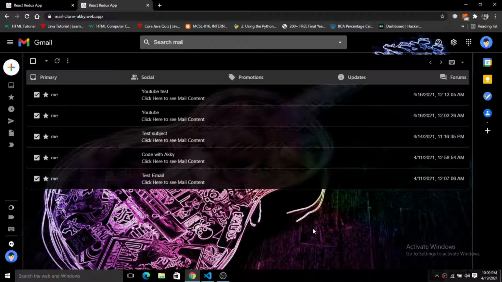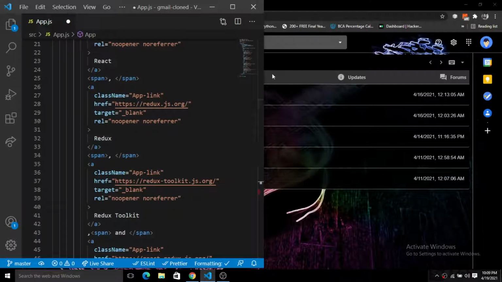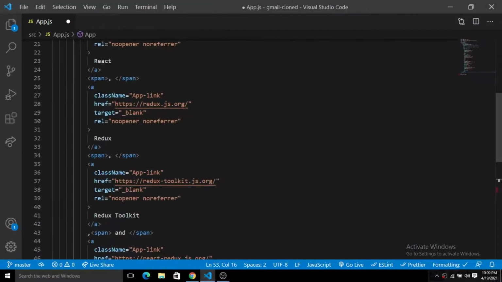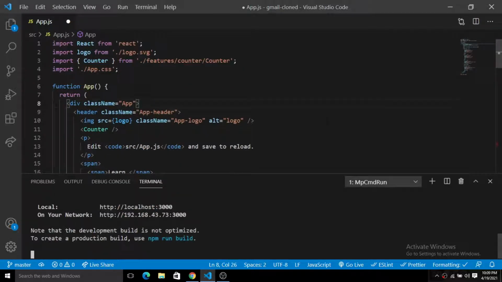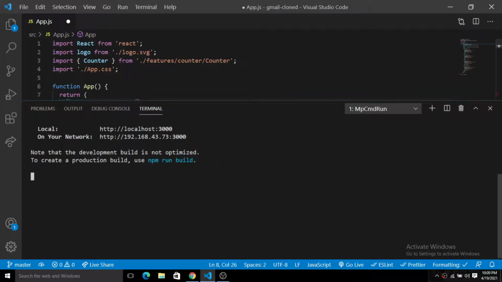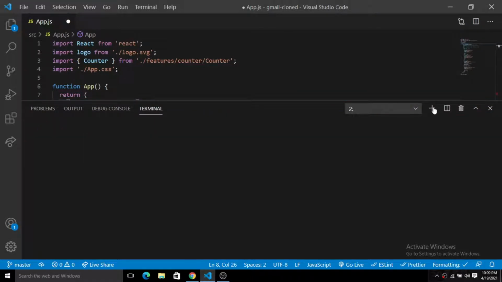Okay, so now let's go back to our Visual Studio Code, which is a code editor. You guys can see here, this is my Visual Studio Code, and here is the app.js. What I'm going to do is first of all open the terminal. Inside of this terminal, we will install all the dependencies that we are going to use. I'm going to list all the dependencies that we will need to build this front end first of all, because we will cover the back end in some other parts. So first of all, I will simply build the front end.